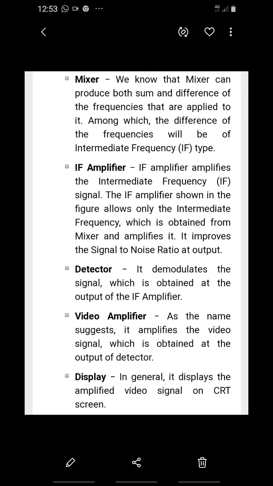And today we discussed the basic principle of a radar system and their function. Next, radar signals, radar range equation, Doppler effect, and types of radars. Among those types of radar, today we discussed the pulse radar system.